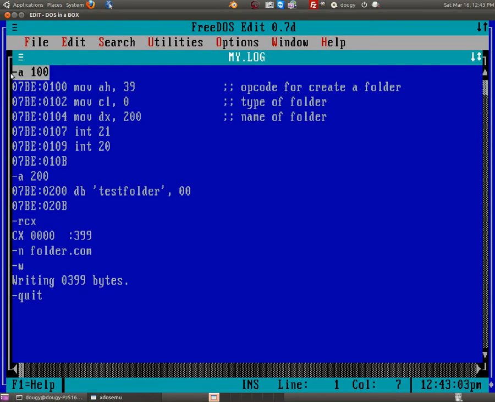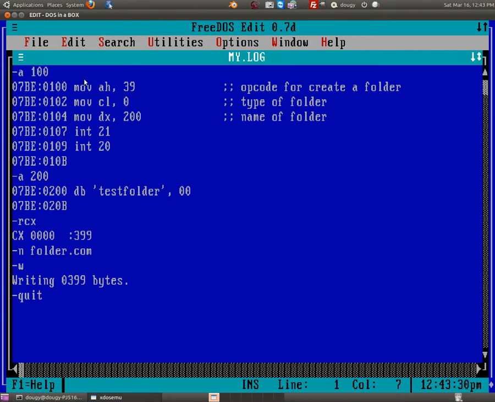What it did was it moved the assembler to 100. Now by default, the assembler opens up at 100 anyway. But it's a good practice to tell your assembler where to start, because as you see down here, we moved the assembler to 200. You can assemble this at 0 if you want to. That's no problem, but it's a good practice to start using this quite often when you're writing this